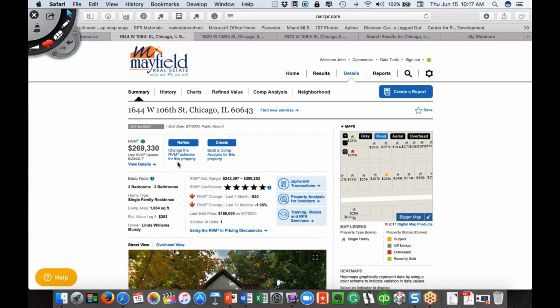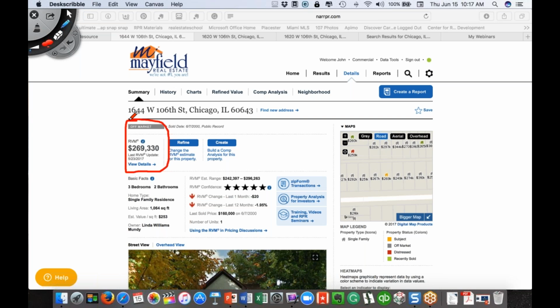The first thing I want to tell these folks is I pull this up and I go over it with them right at the property. I want to tell them that, number one, this is just a computer valuation. This computer doesn't know what their house looks like. It hasn't taken into consideration any updates, hasn't really looked at the comparables like I'm going to look at as we go through. So I want them to know right up front, this is a ballpark, but it's not going to be my number. My number could come in close to that, but let's go through and take a look and see how we can